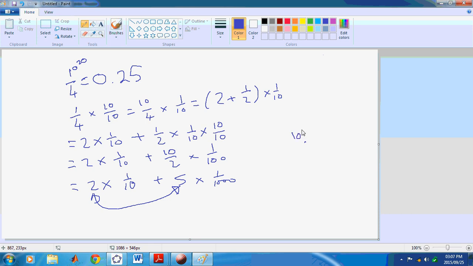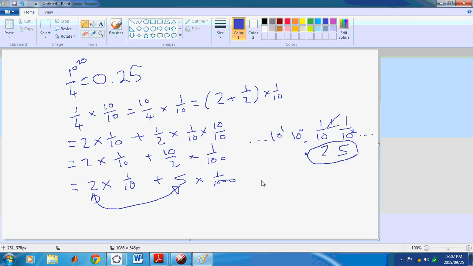Okay, so this would be 10 to the 0, this would be 1 over 10, 1 over 10 squared, this would be 10 to the 1, etc. And so here we go, placing the 2, 5 there, and we're done. So we've actually found an equivalent fraction in base 10. If you were to try this process with another base, you'd follow exactly the same procedure. So for example, if you wanted to see what is a quarter in base 7,